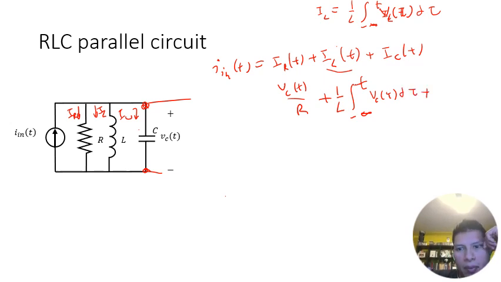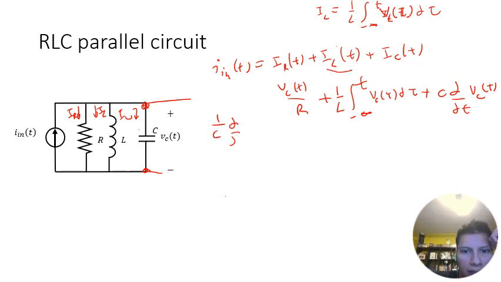And then for the last one, we're going to have that this is just C d/dt of V_C(t). And then we can take the derivative of both sides of the equation and divide by C. So we have 1 over C d/dt of I_n(t). So I'm going to write this one first. I'm going to get the division by C cancels out the C's, and I'm going to get a second